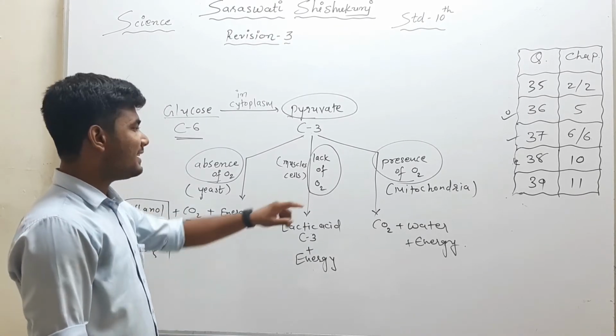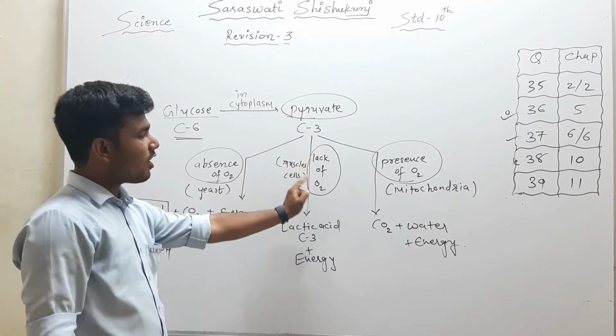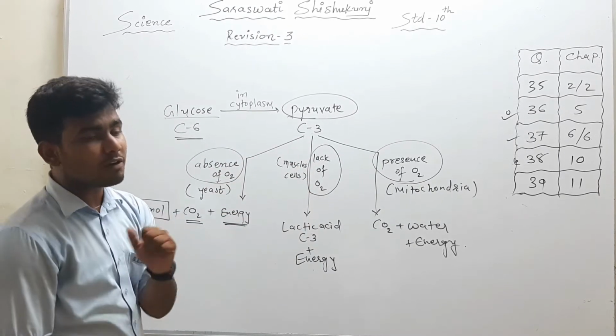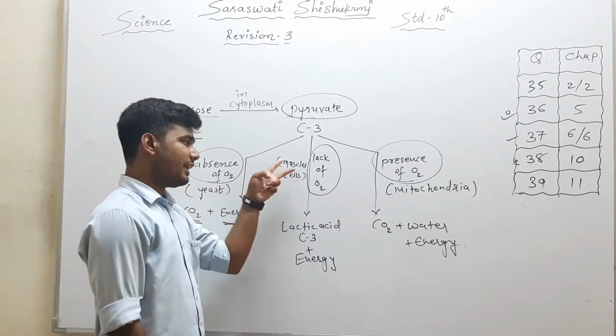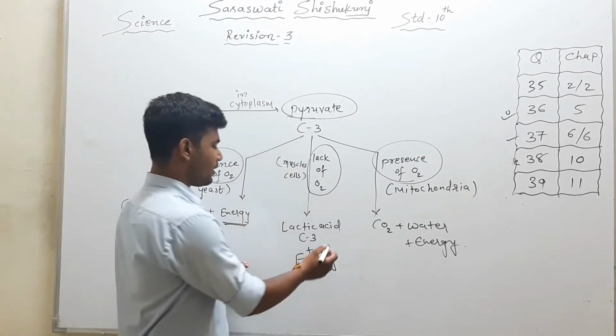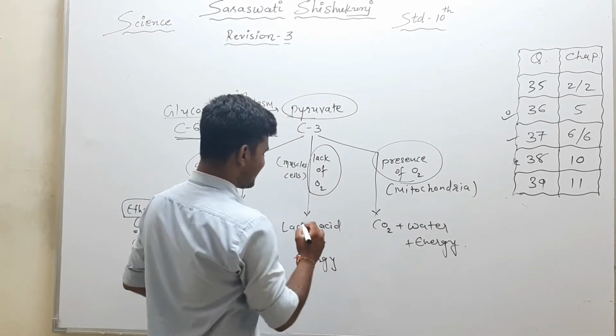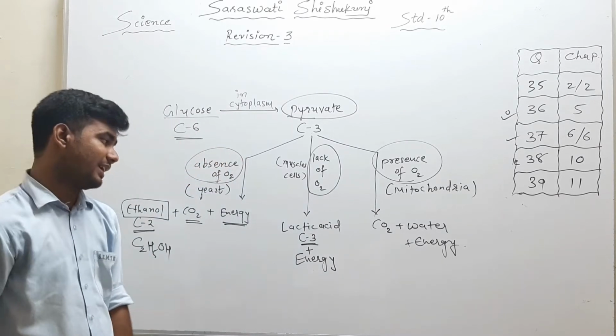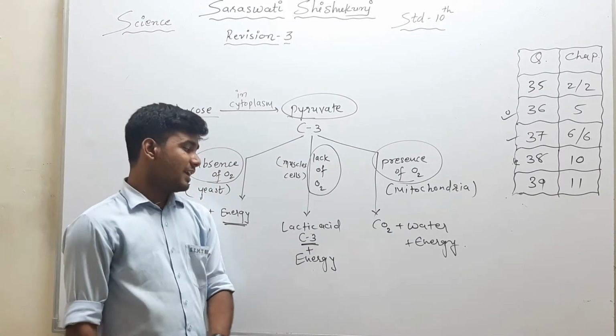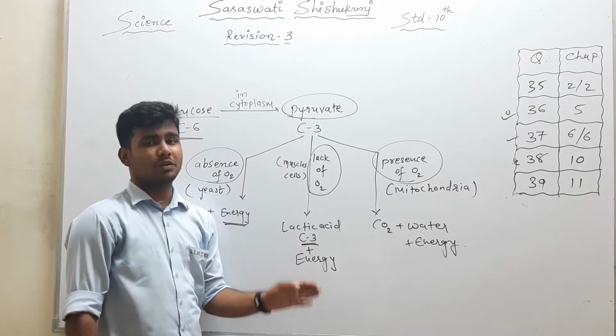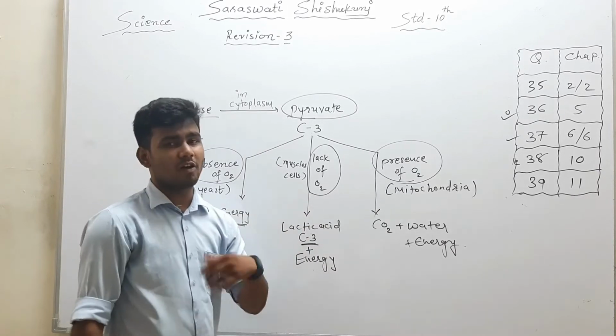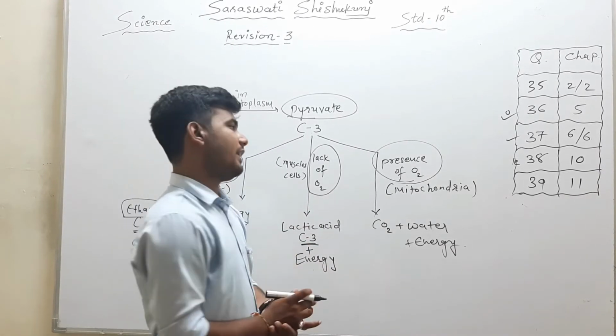The second case is if it is done in lack of oxygen, meaning not a sufficient amount of oxygen is there. That can be done in our muscle cells, and as a product what we will get is lactic acid, which is a 3 carbon containing acid, and the energy will be released. But this energy will also be in less amount because there was lack of oxygen,